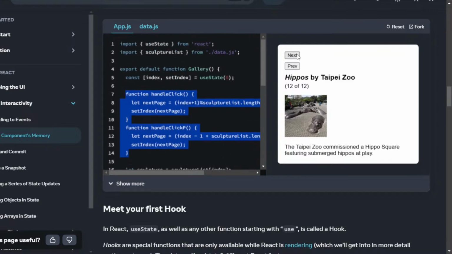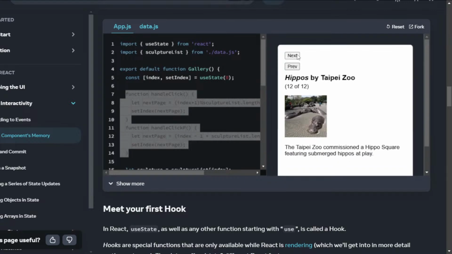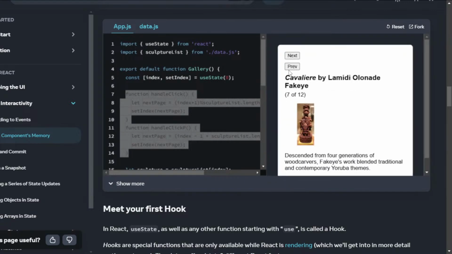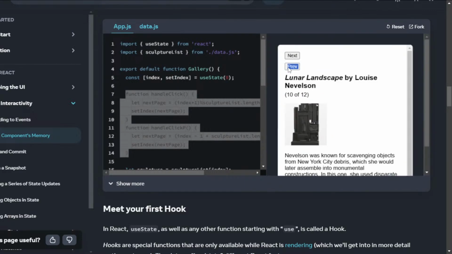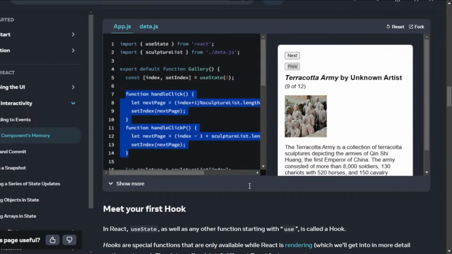So hope you understand how things are working here. I think there is no error. When the user clicks on previous, it will still work. So hope you understand this, and